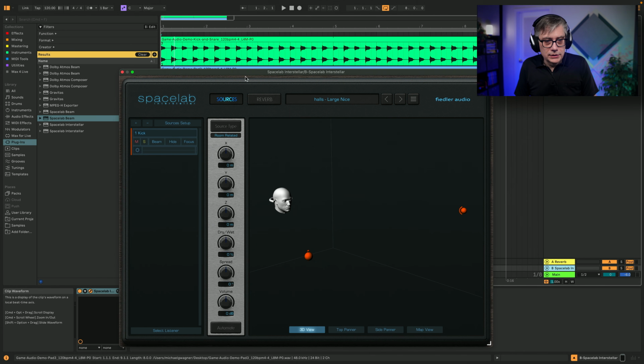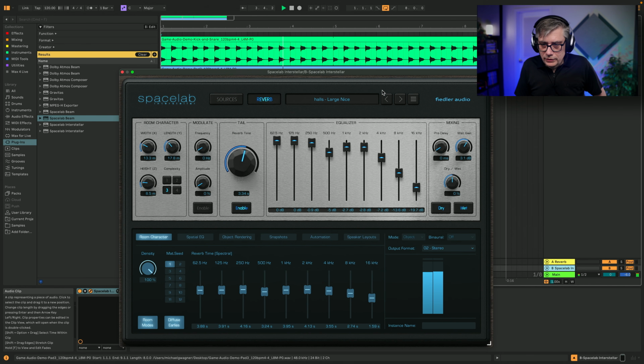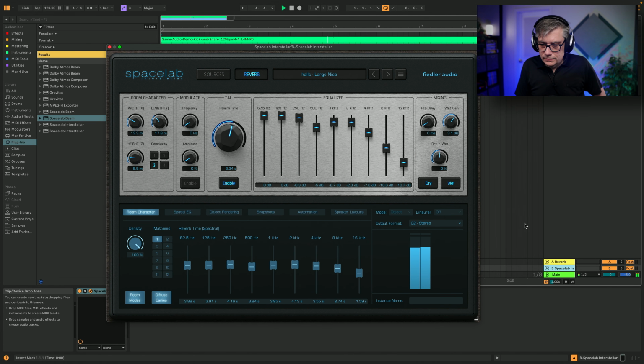So let's just play that. Then we can control the reverb here in the reverb settings. We can change the individual settings. Now I'm going to leave it as dominant as it is right now because I want to actually demonstrate how the sidechaining works. So normally, obviously, that would be a little bit too much, so we would reduce that. But for the purpose of this demonstration, I think that is perfectly fine.